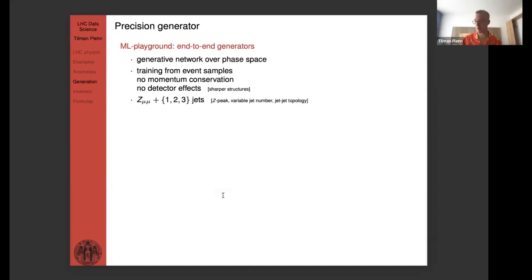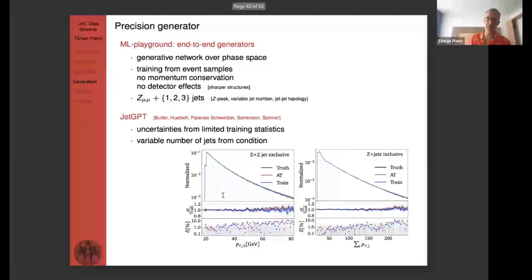Our playground for that is Z plus jets production. So we basically look at Z plus 1 to 3 jets, and let me show you some numbers, right, from a paper we recently wrote. Because of this autoregressive setup, these tools have a relatively easy time understanding different numbers of final state particles, because you do this autoregressive conditional thing, and it ends when it ends, right? If there's more particles, it ends later. And if you have fewer particles, it ends because you have no particles left that you want to construct. So this kind of conditioning in principle is relatively structurally easy to implement.